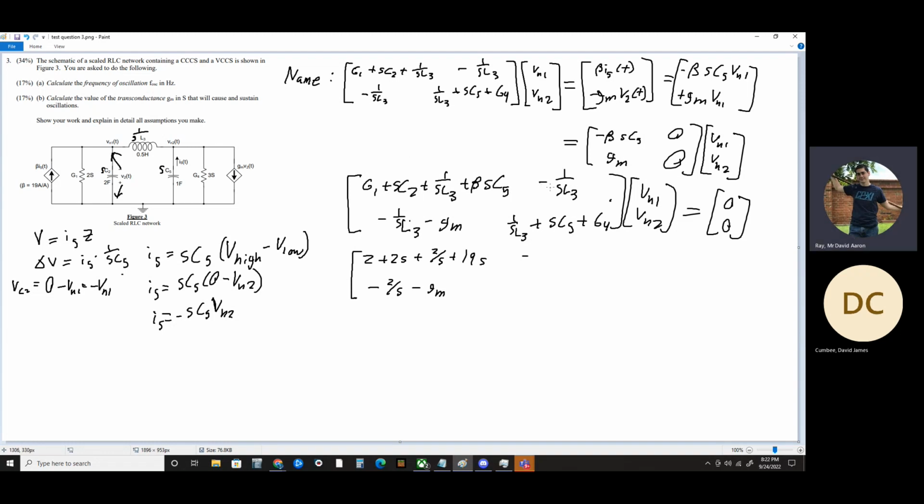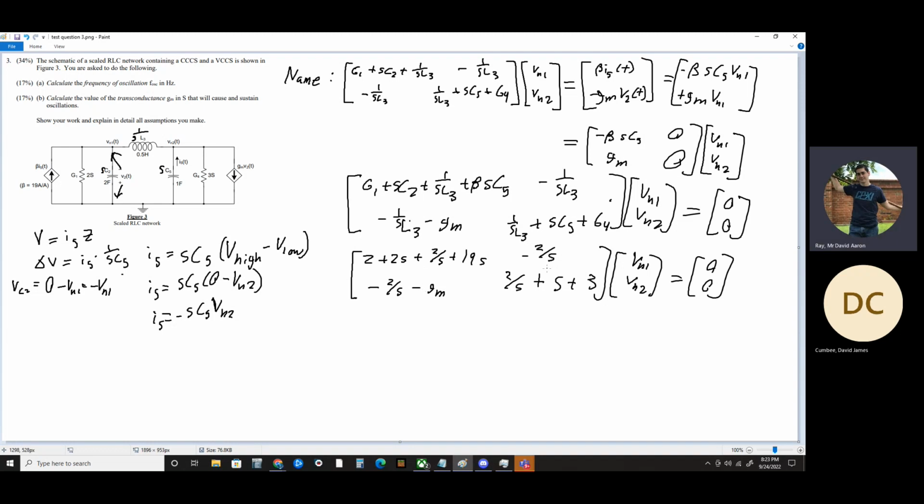So you got negative 1 over SL3. That becomes negative 2 over S. Now we have 2 over S here too. SC5, that's going to be just S. G4 is going to be 3. So we got VN1, VN2. Oh, sorry. Oh, wait, no. Yeah, that's right. Equals 0, 0. So now with that,